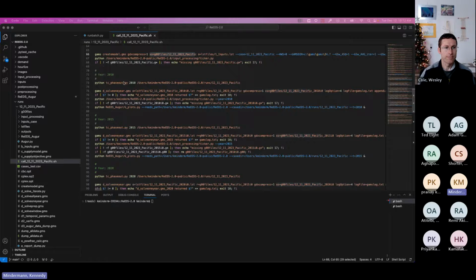All right, so then after it does the call to create model.gams, it'll start solving the years. As I said, it starts at 2010. And what happens for each solve, right? It calls this TC phase out Python script, and then it'll actually call gams solve